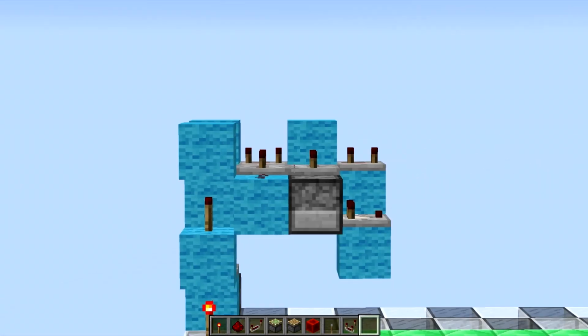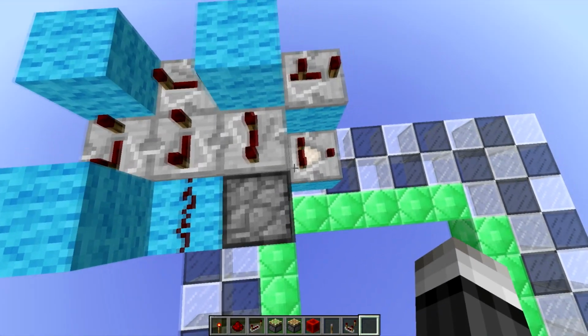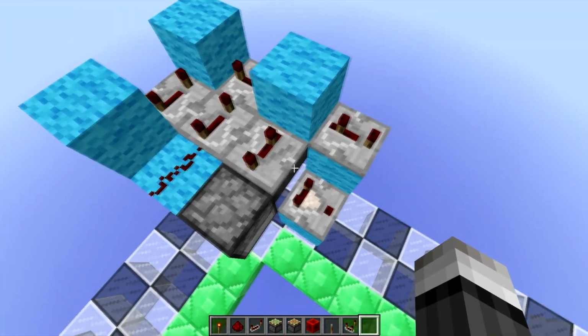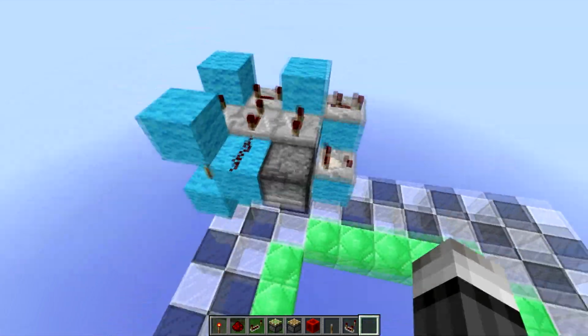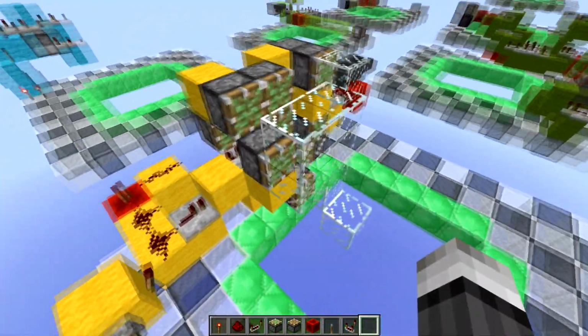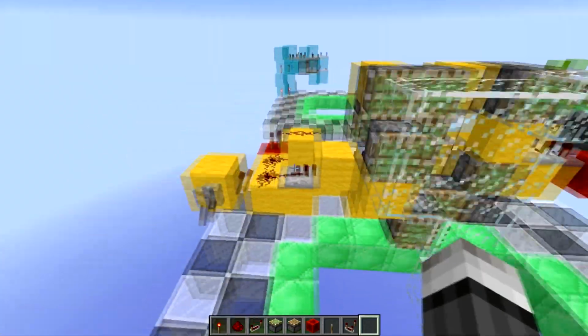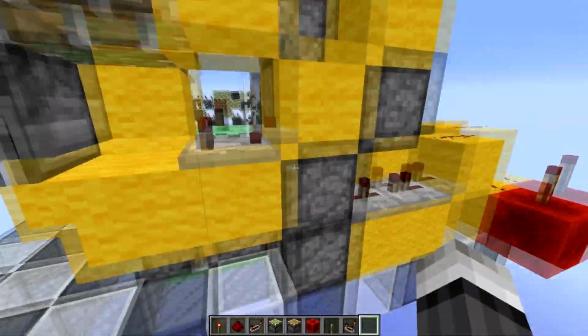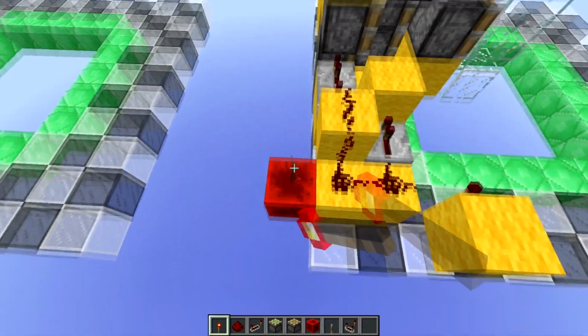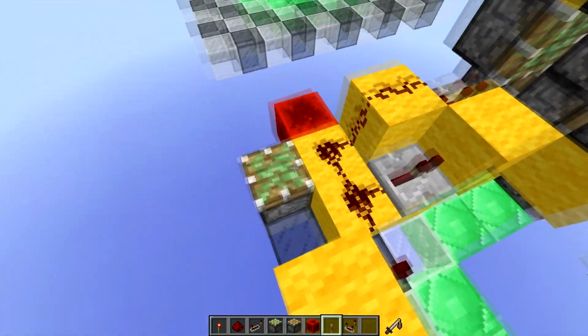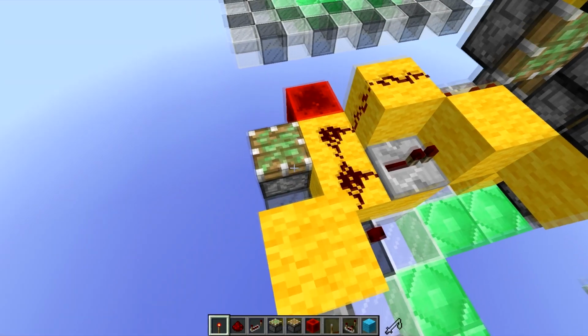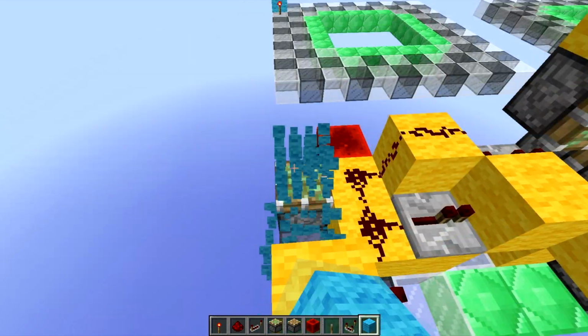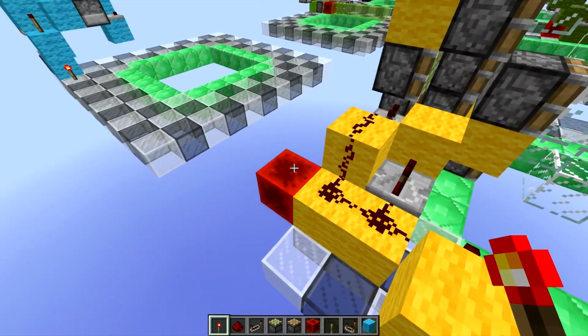Which actually also took a while because this needs like what, 5 ticks of delay. And we don't have a 5 tick delay repeater, so yeah. So after this turns off, after 4 ticks, basically giving this piston enough time to get pulled away, this 1 ticks from this monostable right here, right? So this monostable right here will 1 tick everything you see at the moment, which